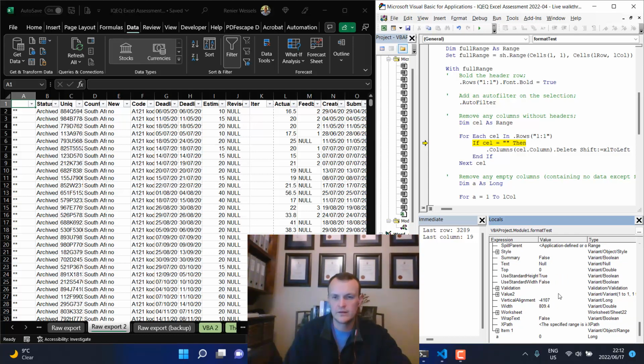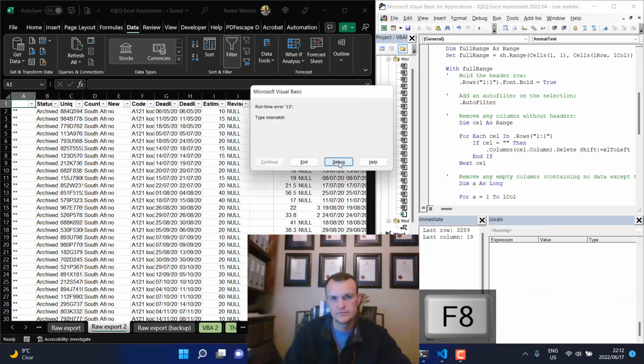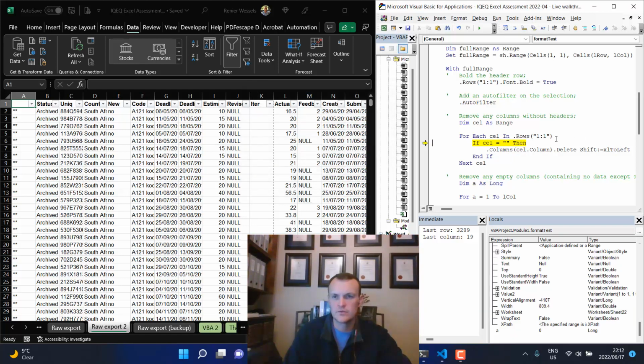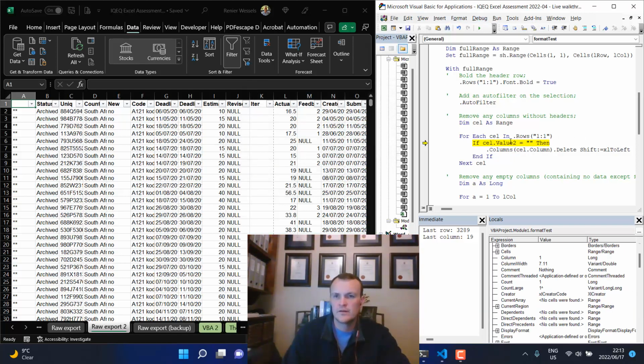Value 2 is blank. There's no value 1, but there's a value 2. It's blank. Okay, so it is blank. Let's see. Type mismatch. It might not like this Rows 1. Okay, let's just